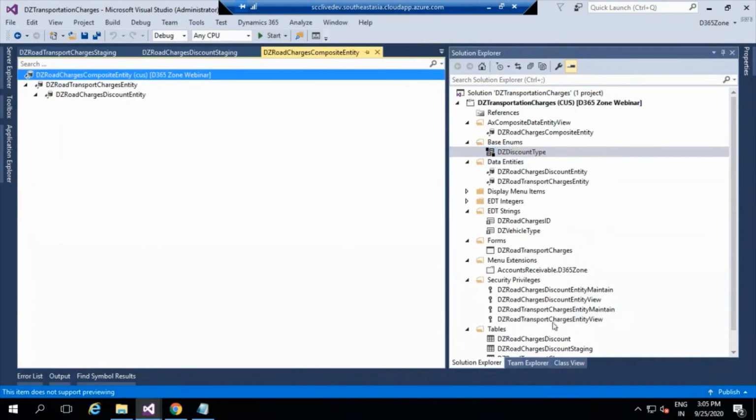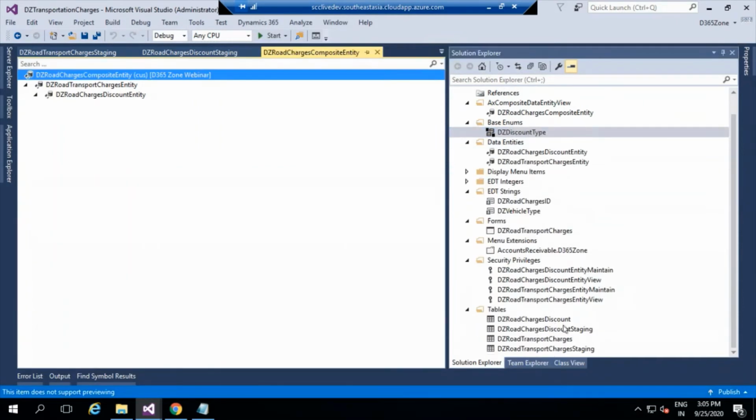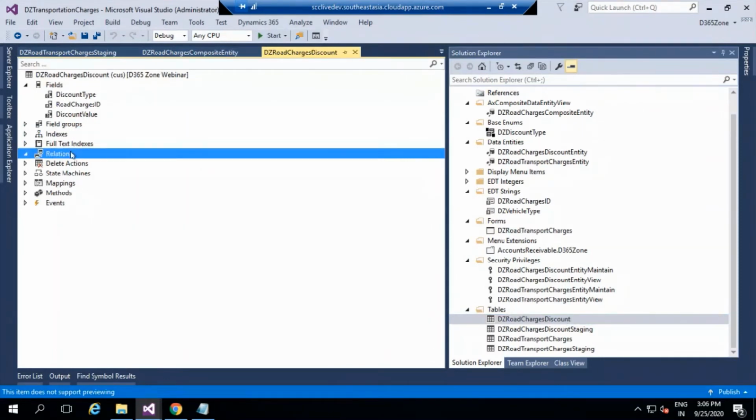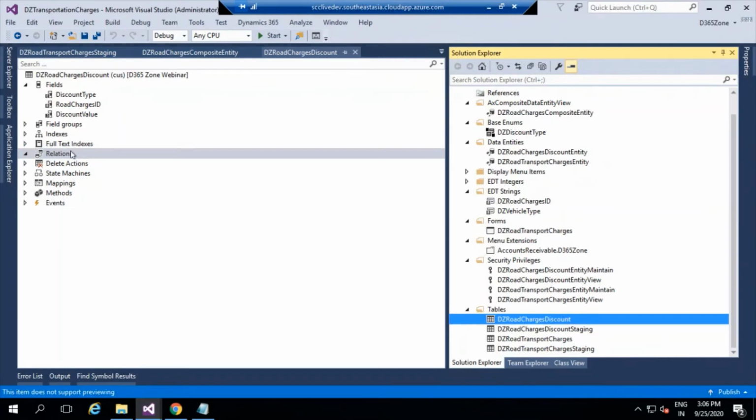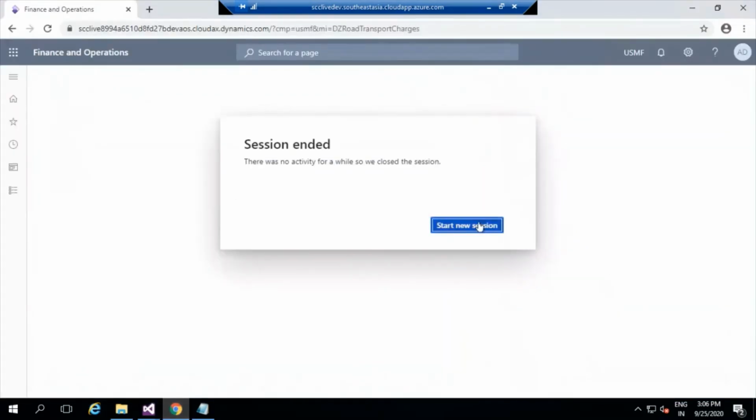One thing I forgot to do is, maybe I've not added the relationship here. I will have to relate it to the charges table. When you do a drop down, you'll be getting the values. But just for a demo, I'll skip this. When you are doing it for the original tables, of course, you'll be creating a relationship between the original table and the child table. Right now I'm going to manually copy paste the value. Whichever is available in the charges ID, that is fine. So let's go back and start the new session here. And the development is done. That's it.